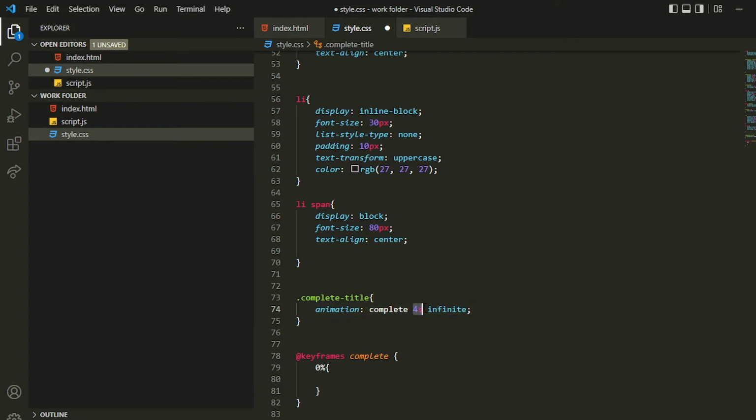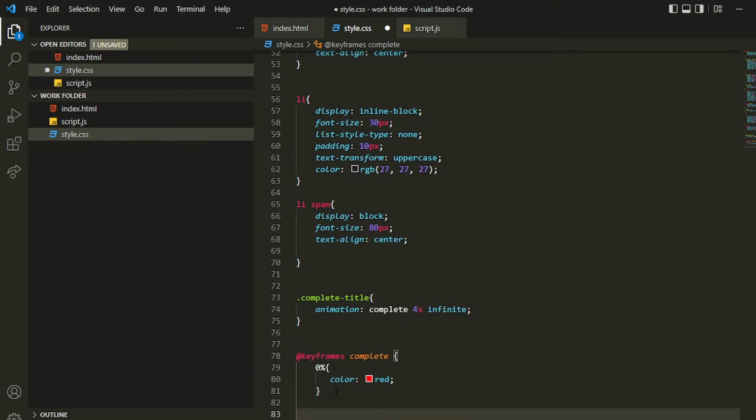This timing is divided into percentages, so at the 0 second, consider it as 0%. What should be the styling of this complete title? For that, we'll make the color red maybe,